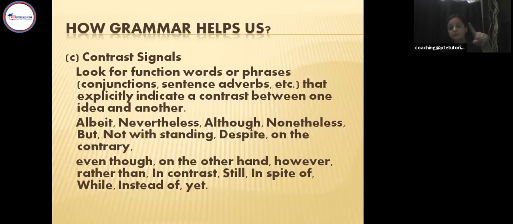I said that in the PTE exam, 90% of re-orders do not open their sentences with these kinds of words, but in 10% of cases a sentence can also start with although, because these kinds of paragraphs are not made